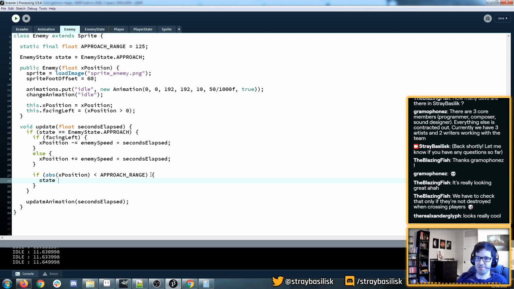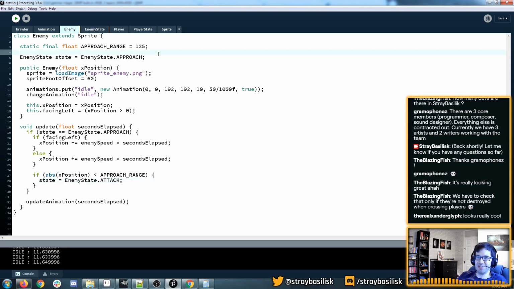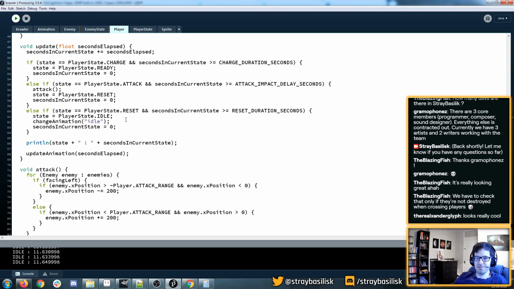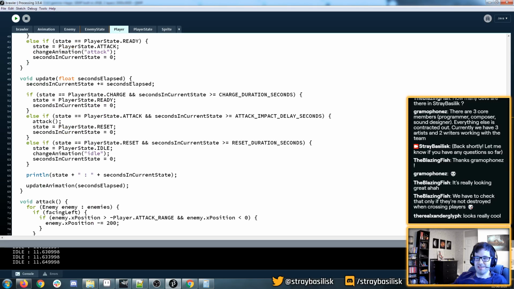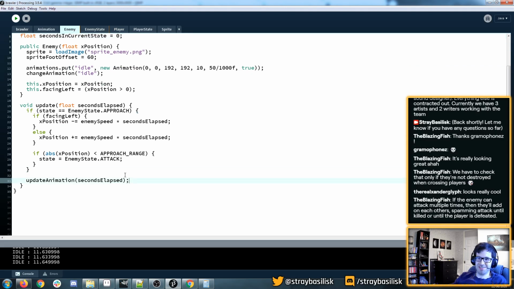Then we're going to change to attack state. And then I'm basically going to copy and paste some of this stuff from the player. We need to track how long they've been in their current state for, because that's how we work out that they need to transition. And yes, I should be structuring the code in a way that means I don't need to copy and paste this, but